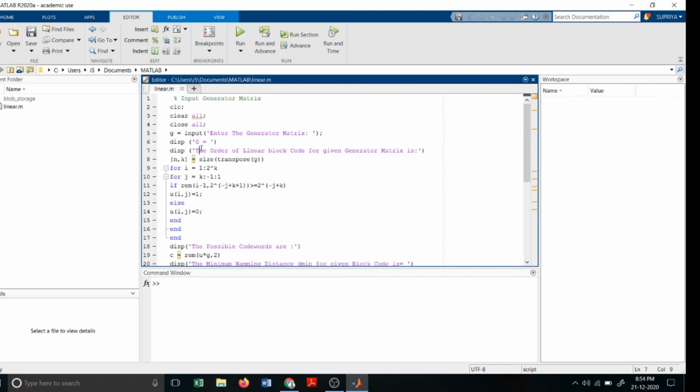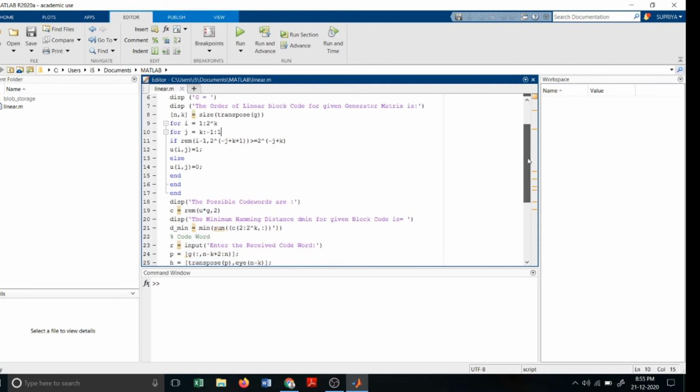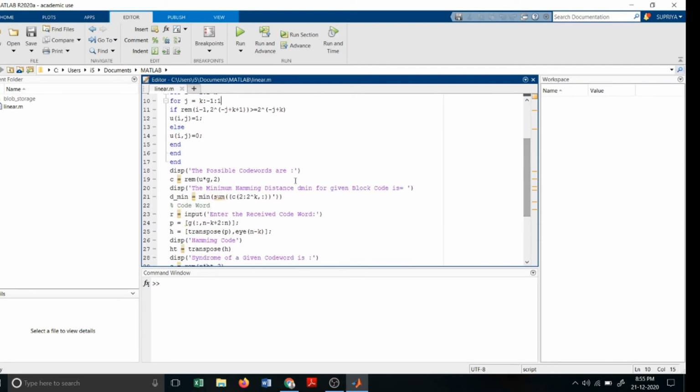In order to calculate the size of the matrix, we are calculating the order and the size. For that I am considering n and k, which are the rows and columns of the generator matrix, and we are going to calculate the size of the matrix given. And we have to find the number of possible code words.